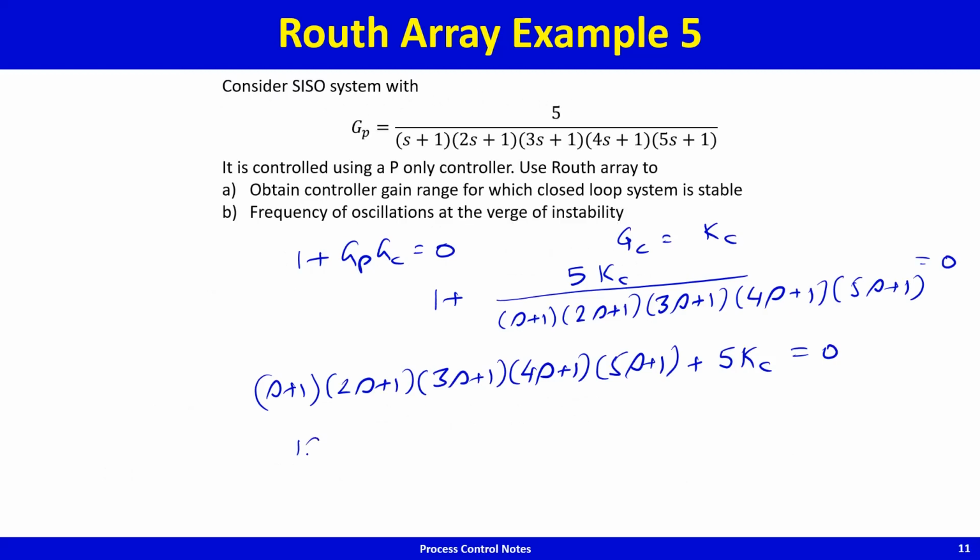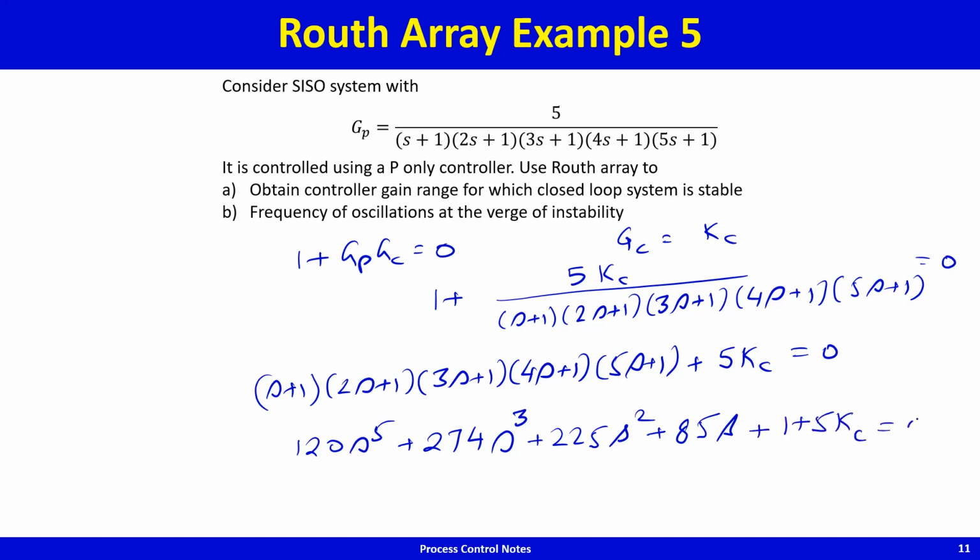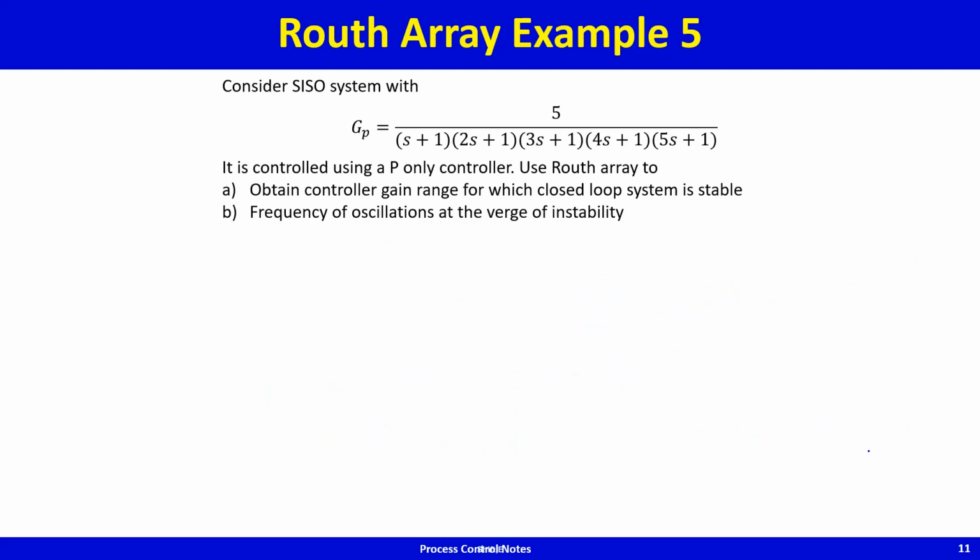So this is going to be 120 s to the power 5 plus 274 s to the power 3 plus 225 s to the power 2 plus 85 times s plus 1 plus 5Kc equal to 0. So this is the characteristic equation, and you can see that the s to the power 0 coefficient of this polynomial is a function of Kc, the controller tuning parameter. So now if I build the Routh array,